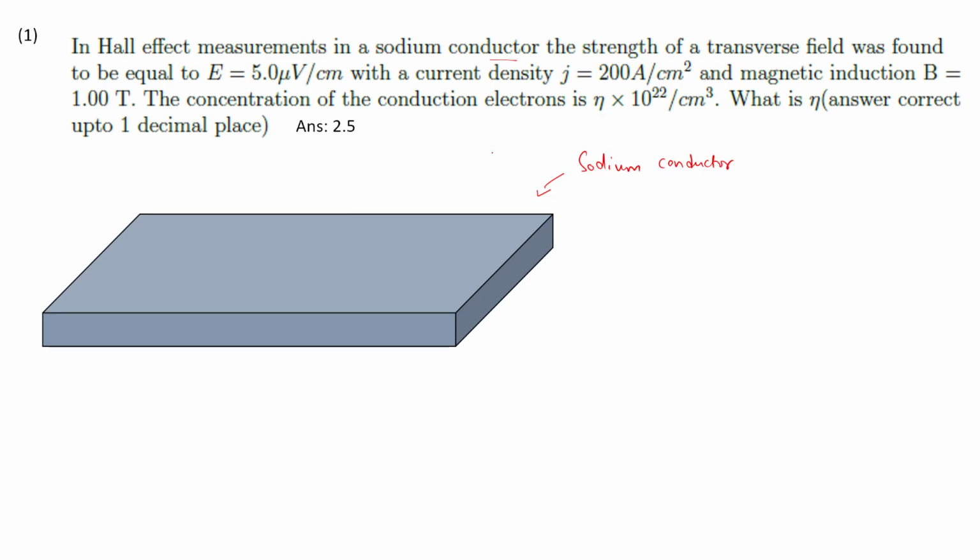Some transverse field is there along this direction, and the current density is given. Current density means the electrons are flowing. It is given by current over the cross section area, which is this area. Current by A is 200 ampere per centimeter square,